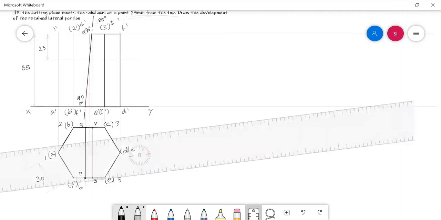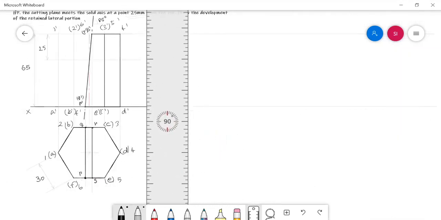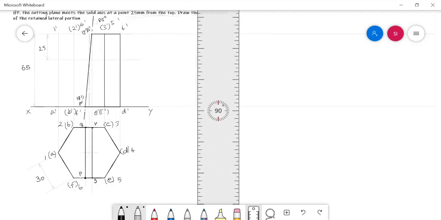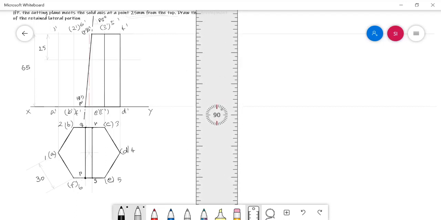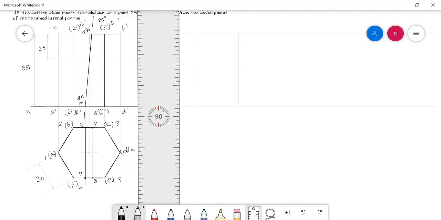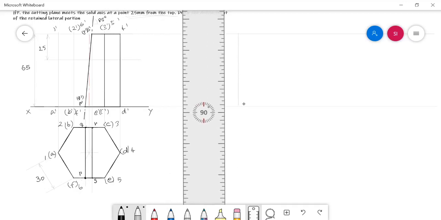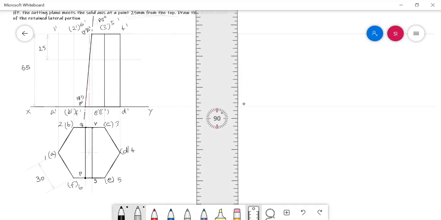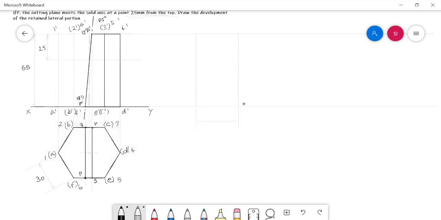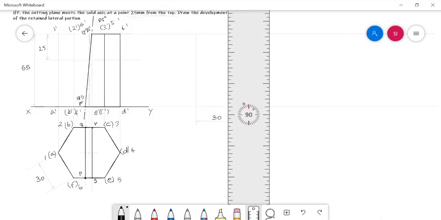Yes, let me start this bigger rectangle from this part. Totally 6 faces I need to show. The distance between these parallel lines is nothing but the base side of the solid. That is, this length is nothing but the base side of the solid, that is 30 mm in this problem. Okay, and then complete the 6 faces.